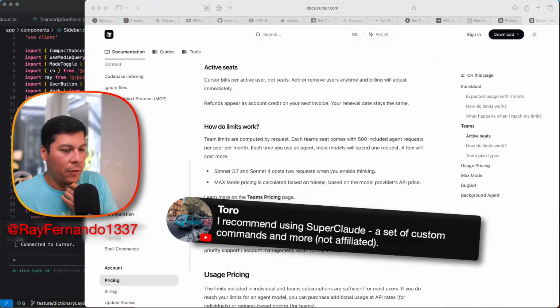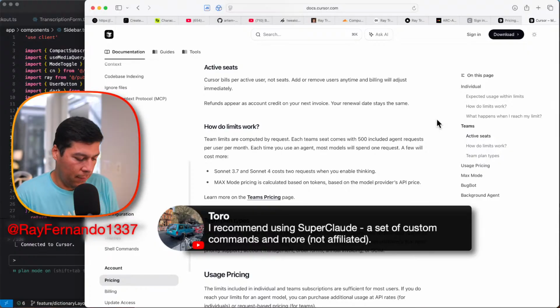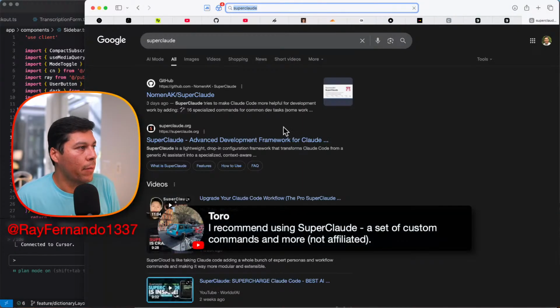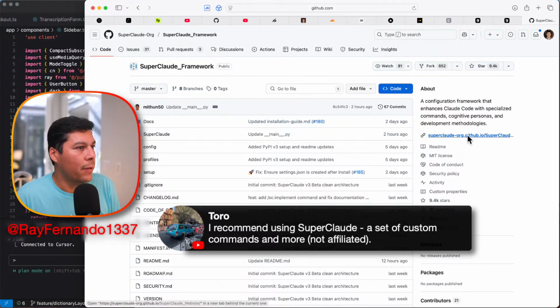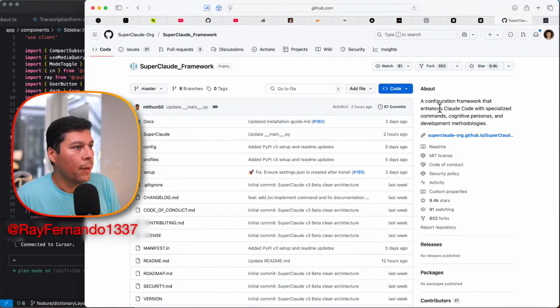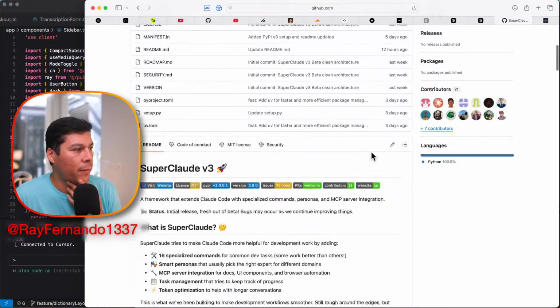I recommend using SuperClaude, a set of custom instructions and commands, not affiliated. What is SuperClaude? Advanced development for some type of thing here. Let's see. A configuration framework that enhances Claude Code with specialized commands, cognitive personas, and development methodologies.